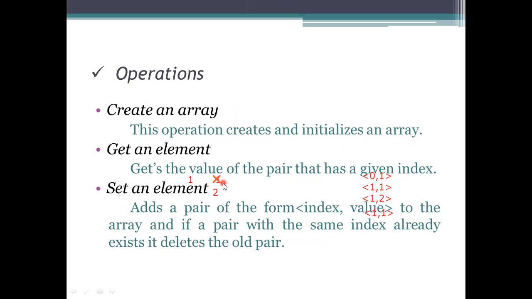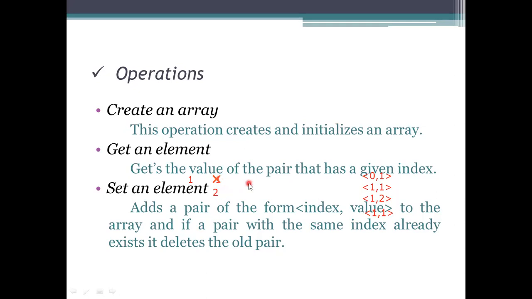So setting an element means it uses the insertion operation, but the insertion operation is done on an already existing element. At the existing place, the place will be occupied by the new element or new value. The old value will be automatically deleted and the new one stored in that place.